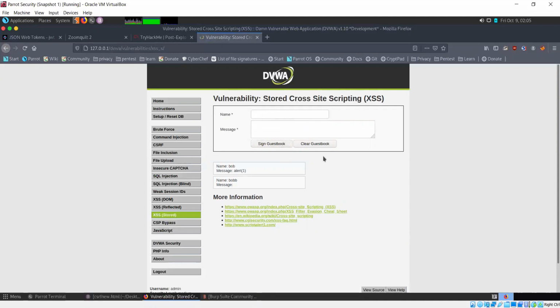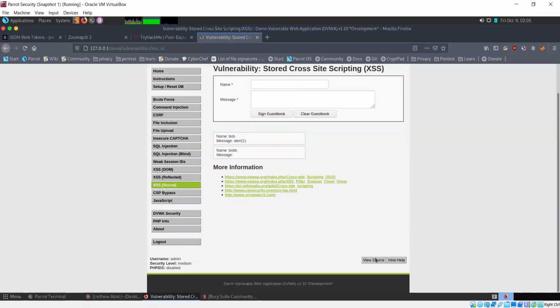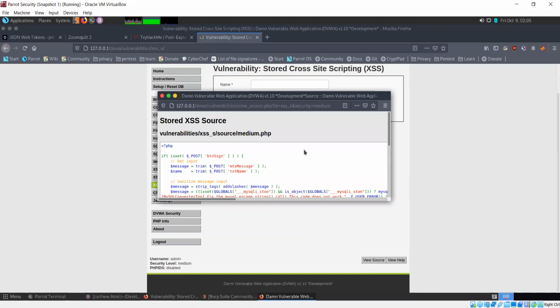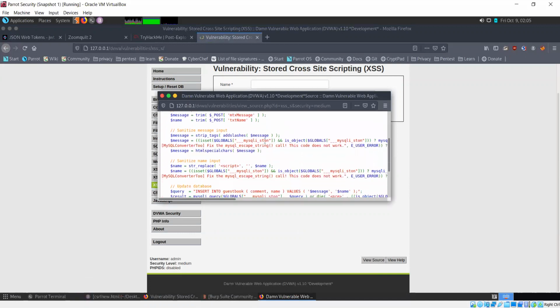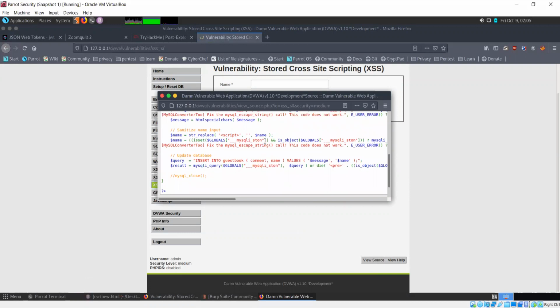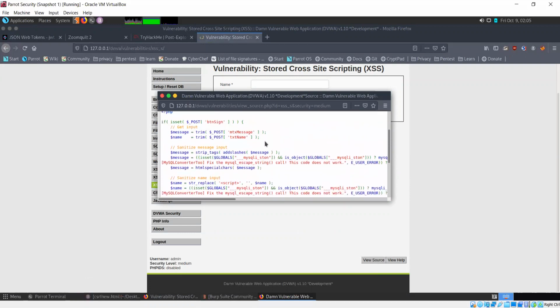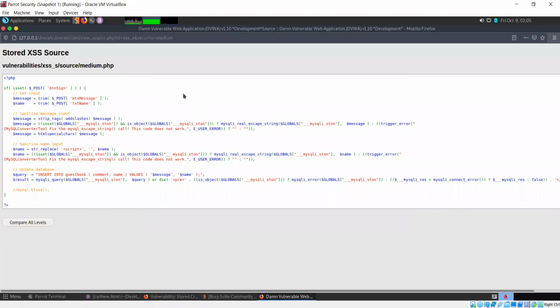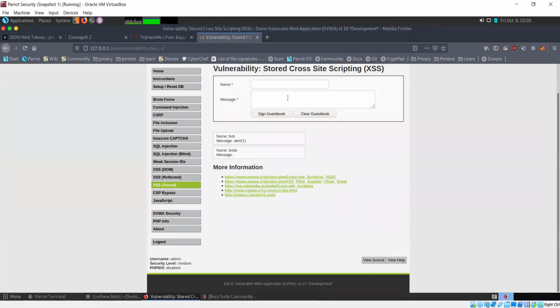Okay, so that's not working either. Let's see what changes have been made to the source. This looks like the same. Okay, it's stripping all the tags that it finds. Let's try one more.